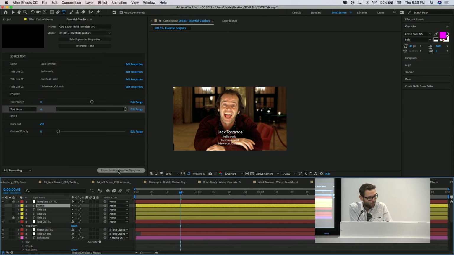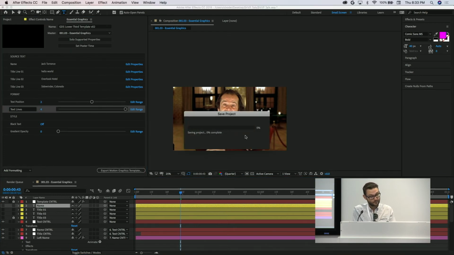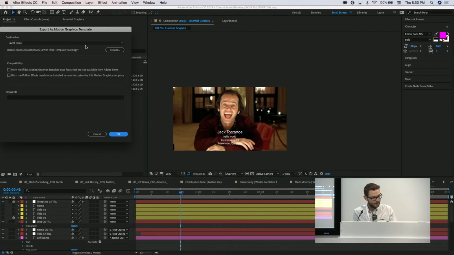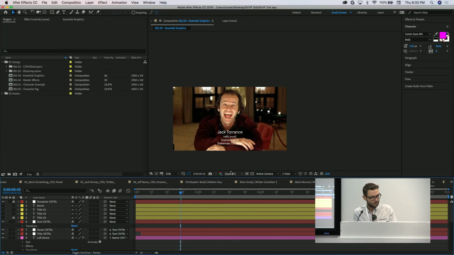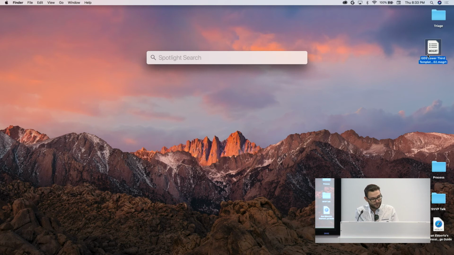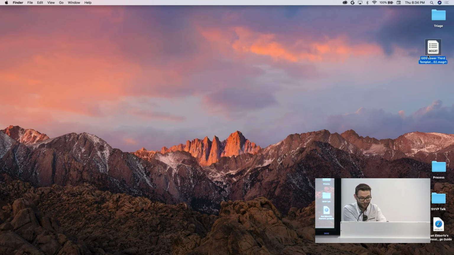But what we have now is this export motion graphics template. So I'm going to go ahead and do that, and I'm going to save that to our local drive. And this creates a little file over here called a MOGRT. I'm not sure what Adobe prefers. We call them MOGRTs. I think motion graphics template is preferred, but all I see is